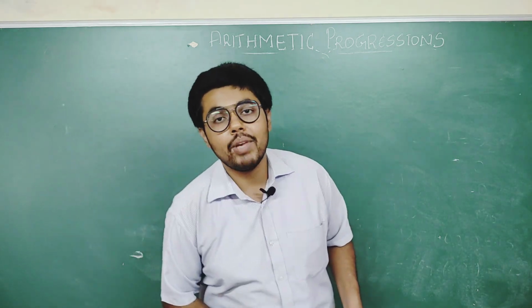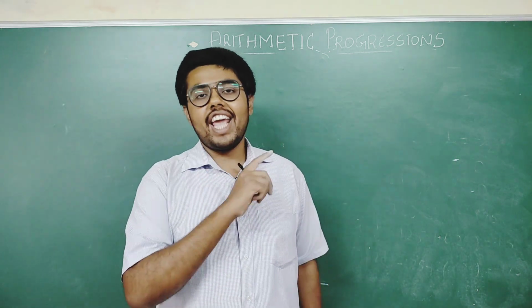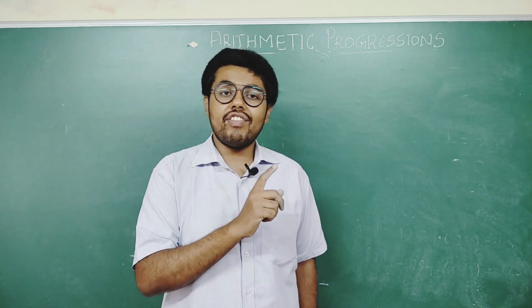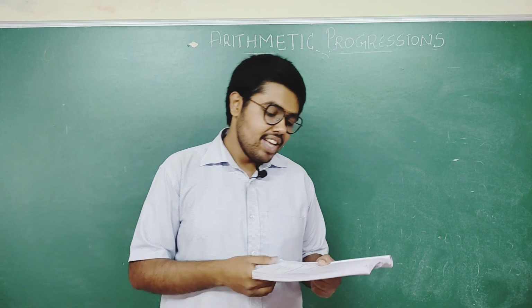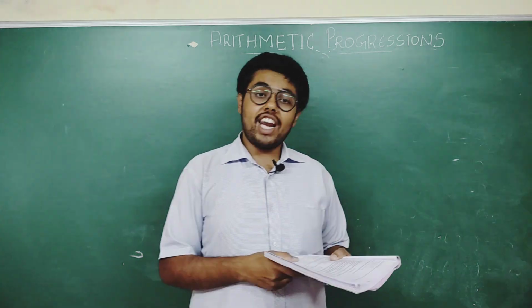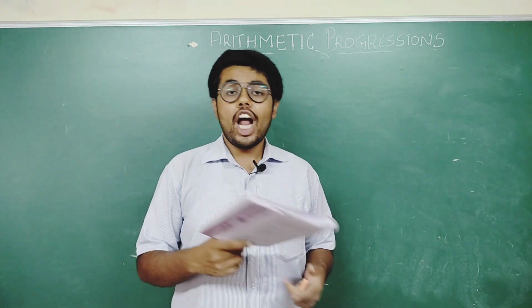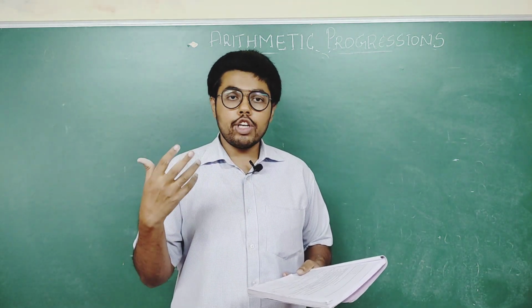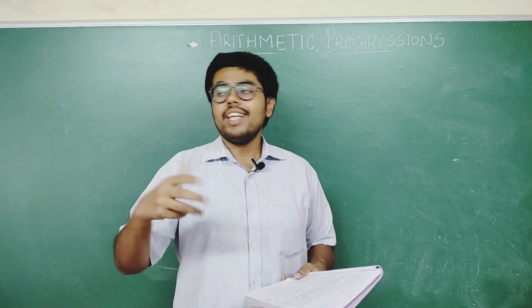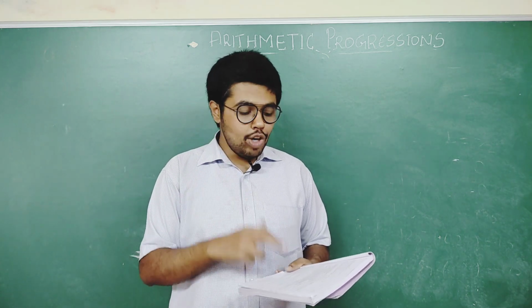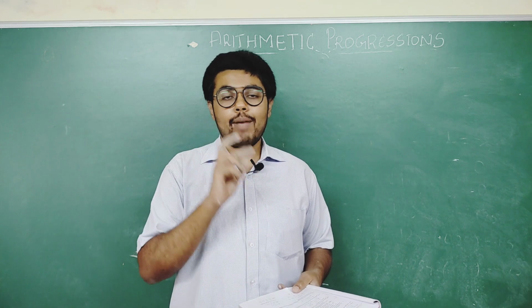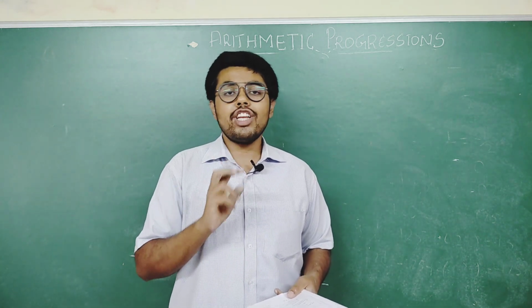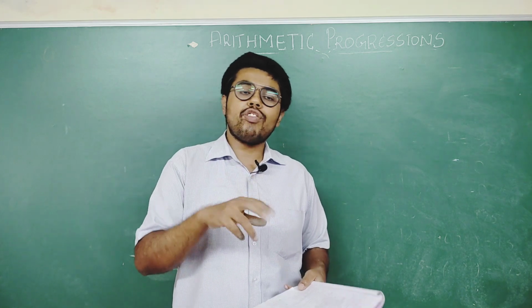How to check whether they are AP? We all know if they are AP, there must be the same common difference, right? If there is no common difference, they cannot be AP. Also they have asked that if they are AP, we have to find the common difference and the next few terms. Here they have given 4 terms, and they are asking us to find the next 4 terms. You can do that by yourself. What I will do here is check whether it is an AP or not. If it is an AP, I will find the common difference. Once you find the common difference, it is very simple to find the other terms.